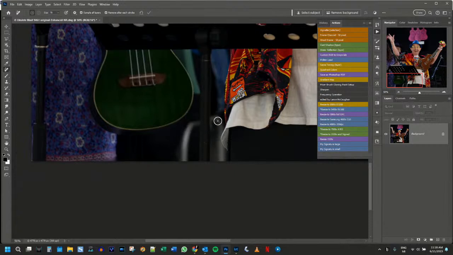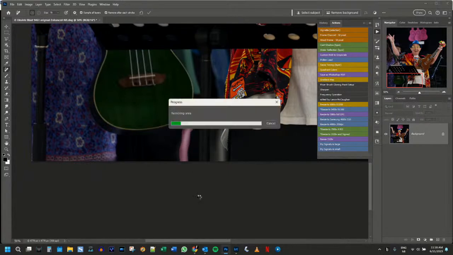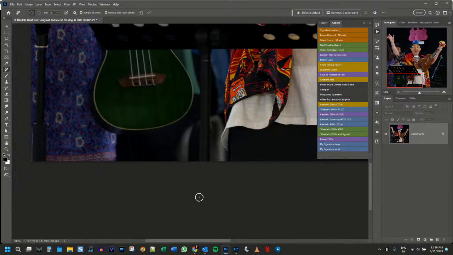Let's dull that down. Now for this bit here, because I don't want to get rid of that, because I've got to go behind this, and I don't want to get rid of this altogether. So if I did this, there's a very good chance it'll go all together. So what we can do,